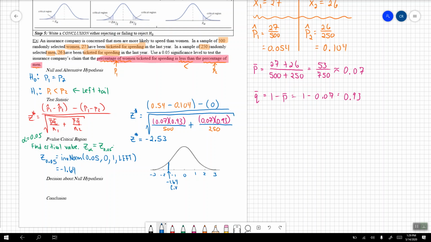I'm going to abbreviate this with CV. That means anything to the left of this critical value is going to be within that critical region. If my test statistic falls within that region, then I must reject. And my value here, let's do this in red, my value here of negative 2.53 falls right in here. Negative 2.53. This is my test statistic. So it falls in the region, which means I must reject